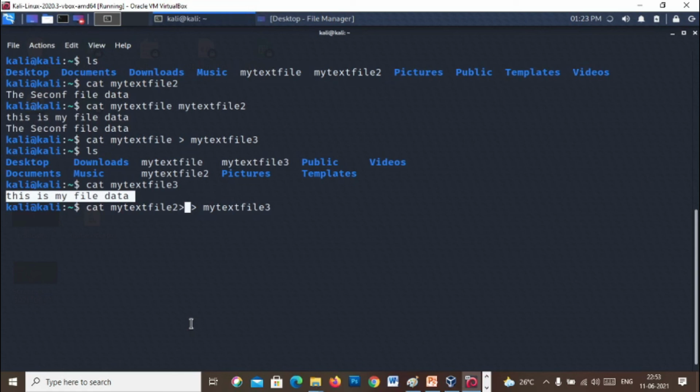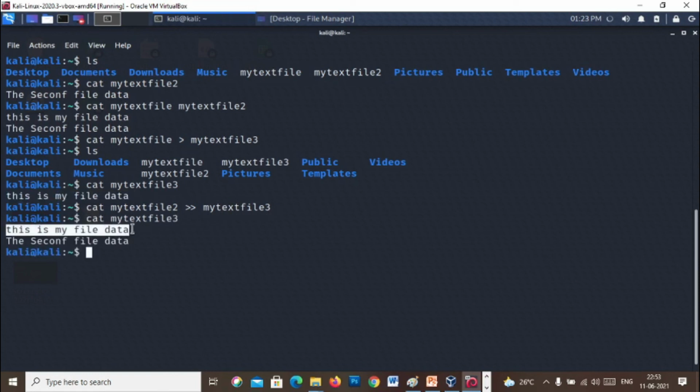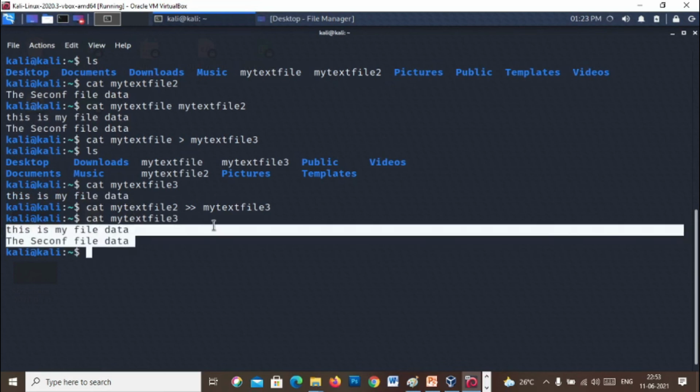We are using the double greater than symbol here, and this is our my text file 3, and now I am going to press enter. Let's check the data of my text file 3 again. As you see, the text from my text file 2 is added into my text file 3.